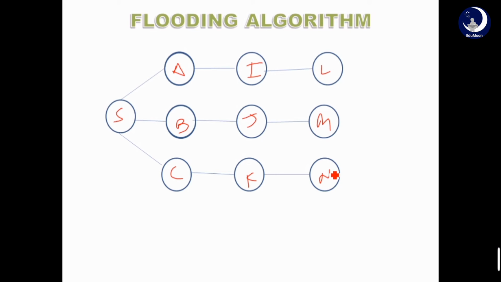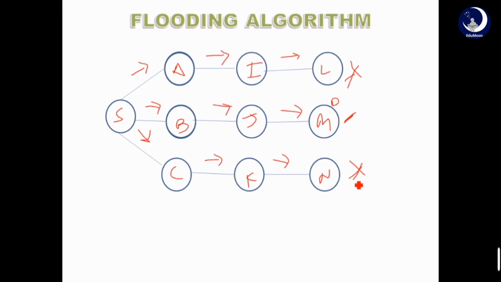So S doesn't have any idea about the destination. So it broadcasts the message to all the three routers. Now A, B, C will broadcast the message to their next routers, which is I, J and K. And these will broadcast to the next adjacent routers, that is L, M and N. Here these three routers will receive the data packets. Now if suppose this M is the destination, here the data packet will get accepted, whereas at L and N the data packet will get rejected. And these two routers will discard the packet.